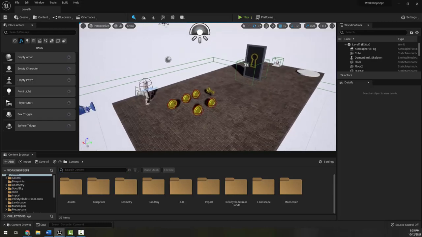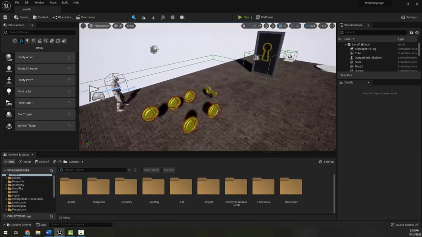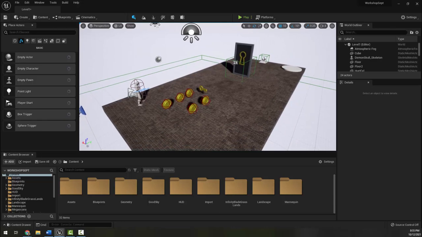Okay, students, in this video we're going to look at making an object move to a specific point when you step on a trigger. Now, I've called this in a couple places an event trigger because we can use it a bunch of different ways. And it's a lot more robust and has a lot more ways to use it than things like the interp